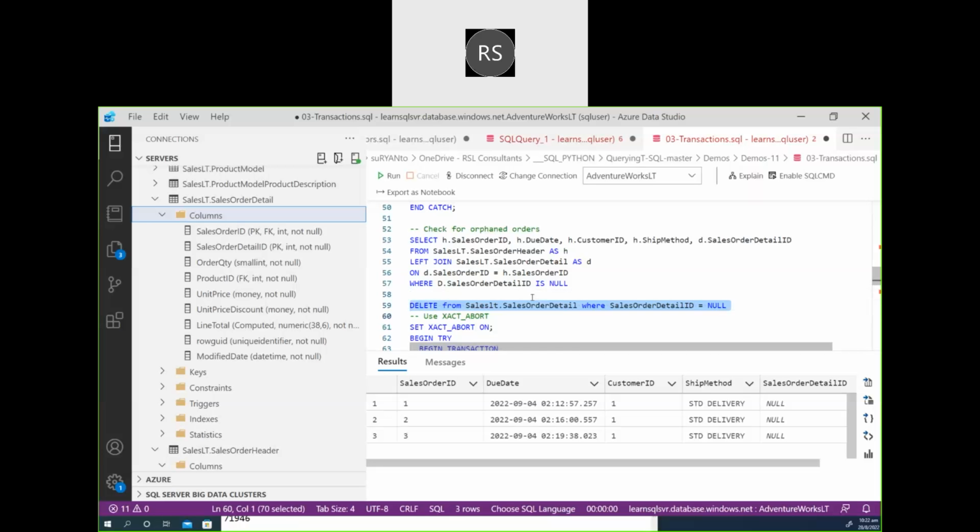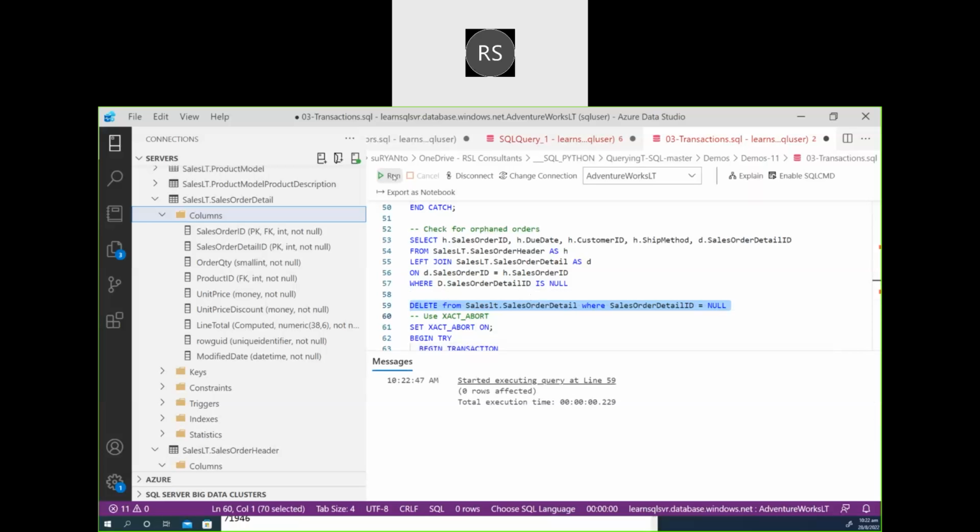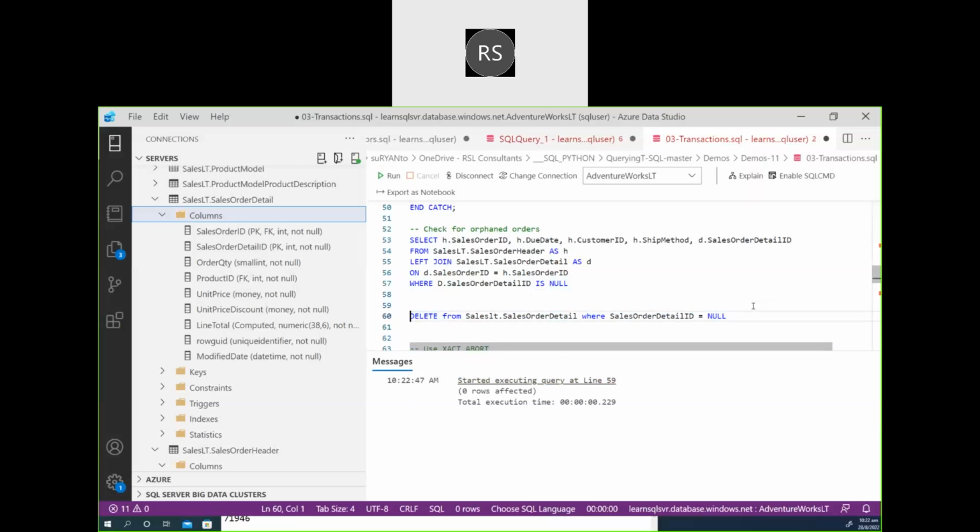Let's try whether we can drop this. Zero rows, as expected. Let's just select star from the sales order detail where